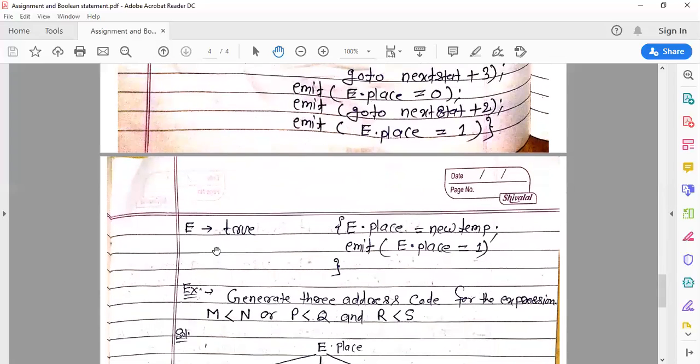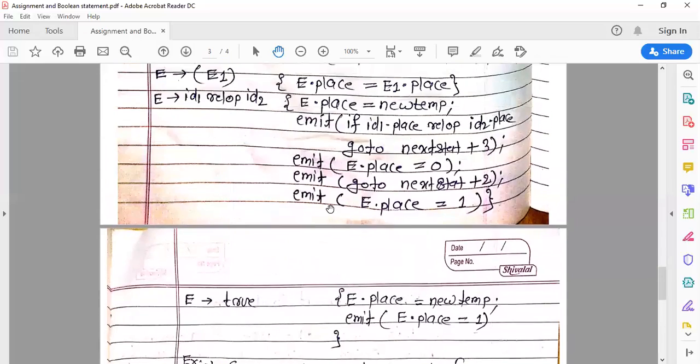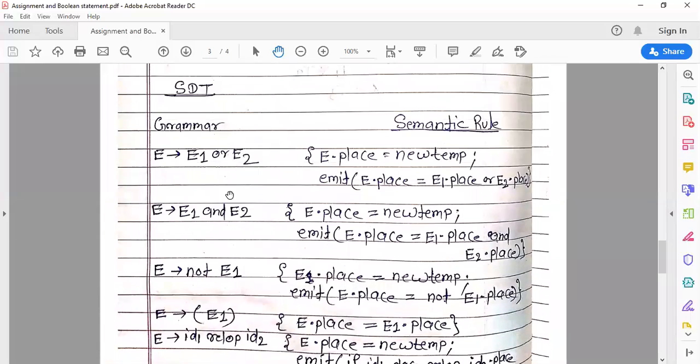The next production is E derives true, for which we have e.place = newtemp, emit e.place = 1. You have seen the grammar used for the Boolean expression and the corresponding semantic rules. When we combine this grammar and semantic rules, we say this is the SDT.